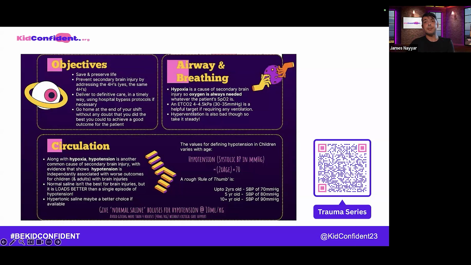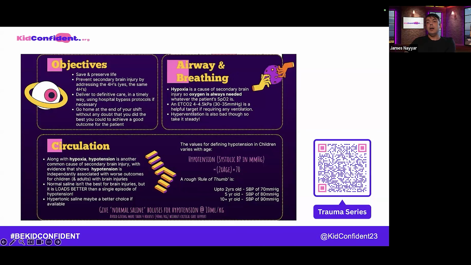And there's a lot of info in those last few slides. So if you want to see the full posters, which they came from, this QR code will take you to them, and the other trauma series posters as well. So you can have a little look at that, about all the details of ICP and management of head injuries as well.